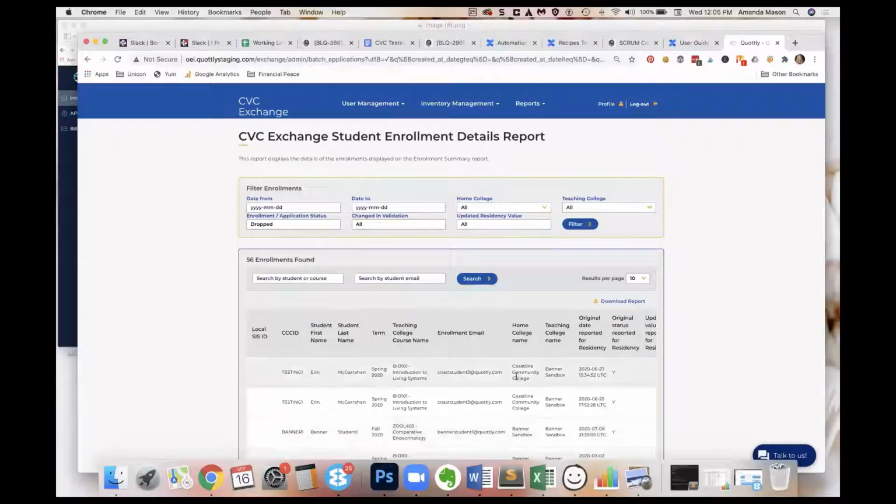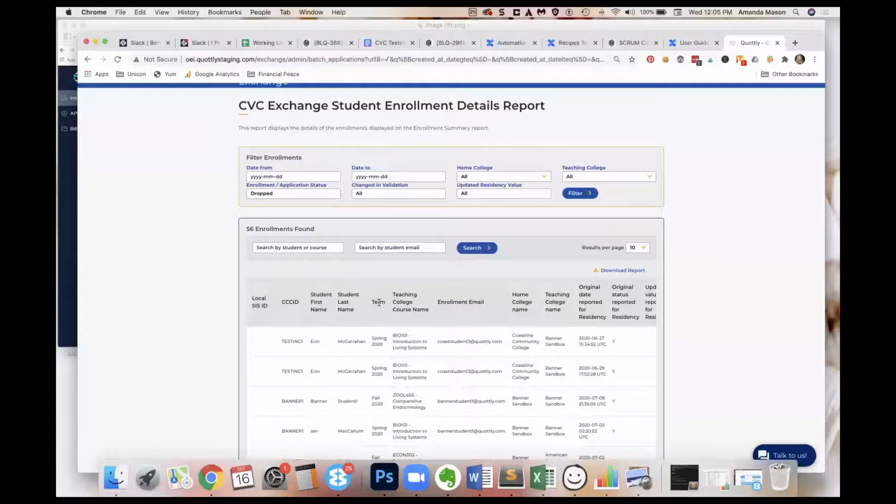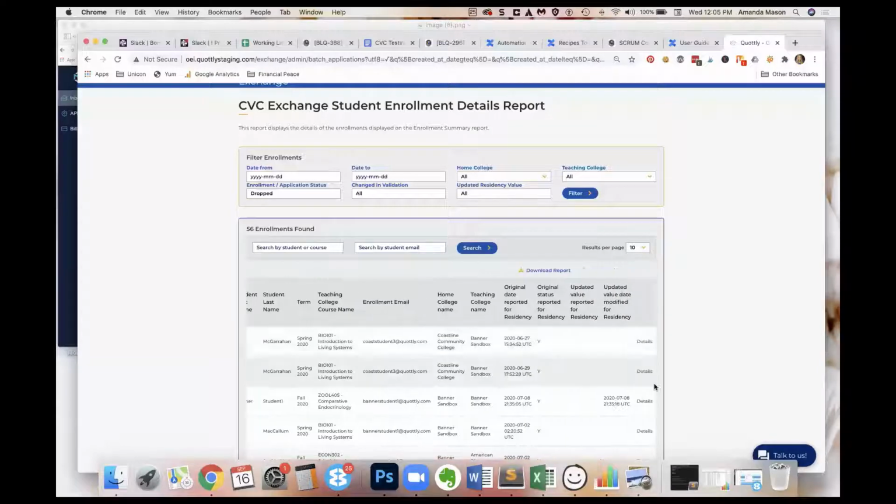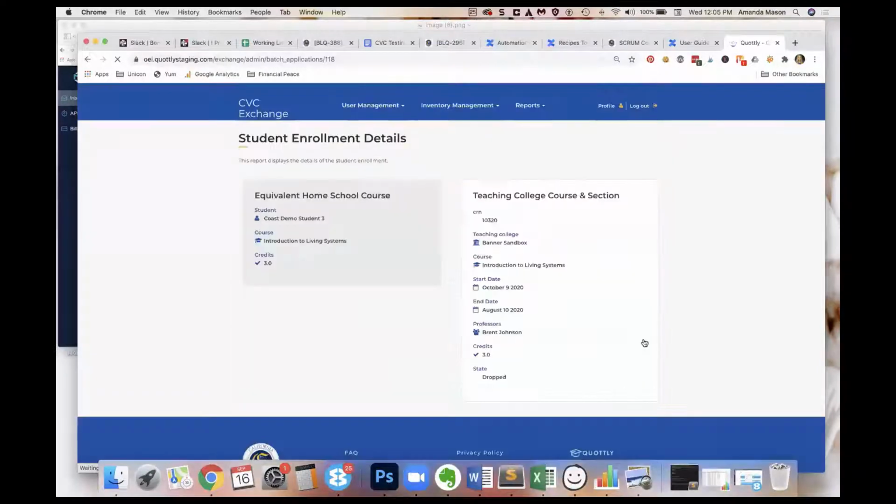So for example, in this report, you can take a look at all of the students for my home college that have dropped. And again, if you scroll over here to the right, you can take a look at the detail level information. So for this particular example, the equivalent homeschool course is listed here. And then the teaching college course and section that this student dropped from,